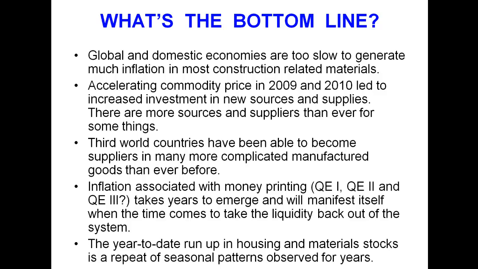Third world countries have become better suppliers of some of these things. You could really see that in the Thailand floods this year, when a number of hard drive factories were underwater, literally, and how third world countries have taken on a role in the manufacture of complex products. Well, that extends into the housing market. They can build a lot of things there that used to be the domain of more advanced countries. Some of these manufacturing facilities have become very, very advanced, moving to these countries for their low wages, but still providing increasingly complicated manufactured goods.